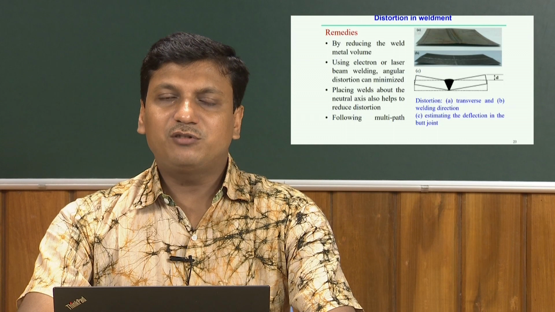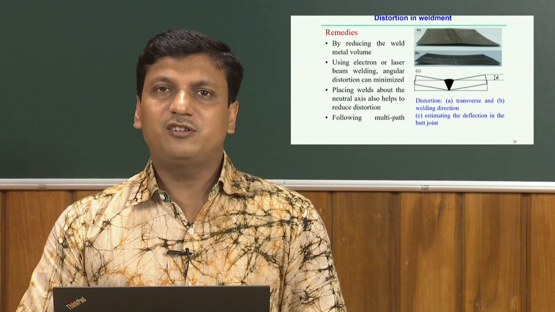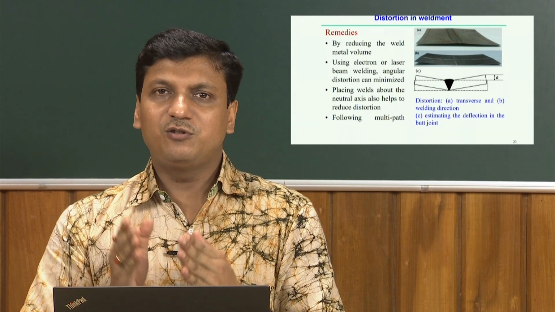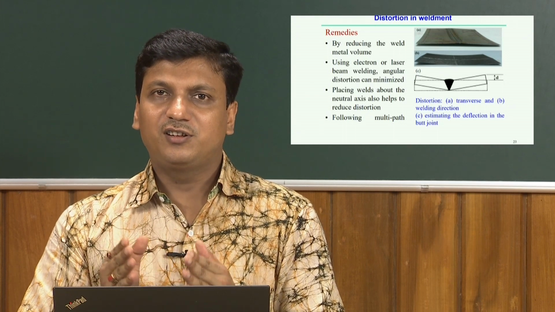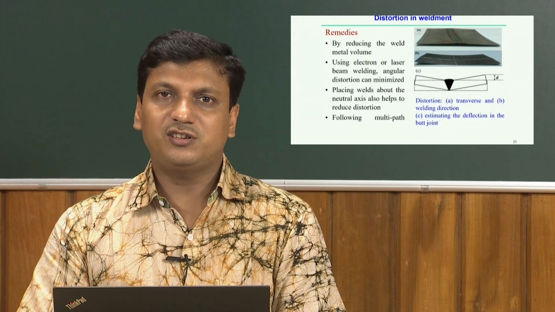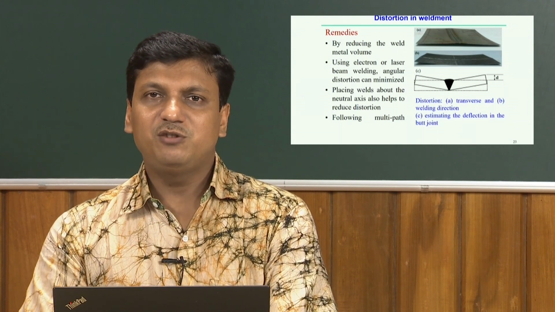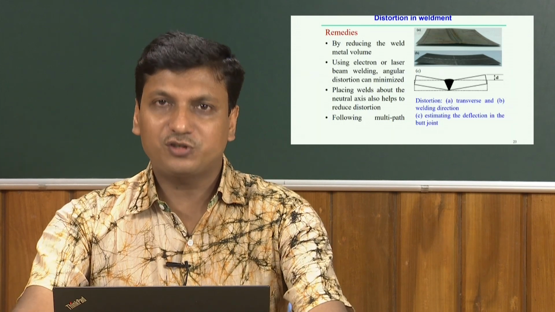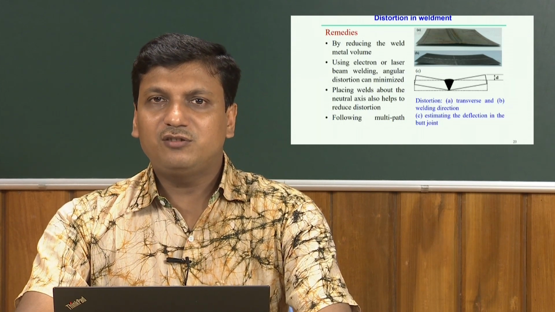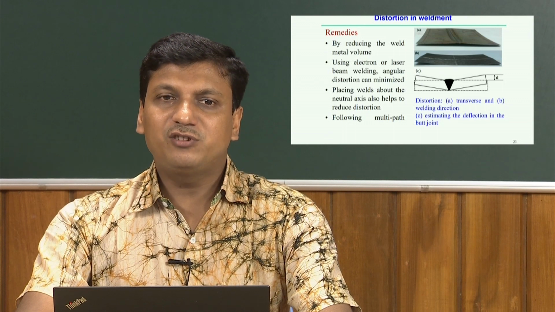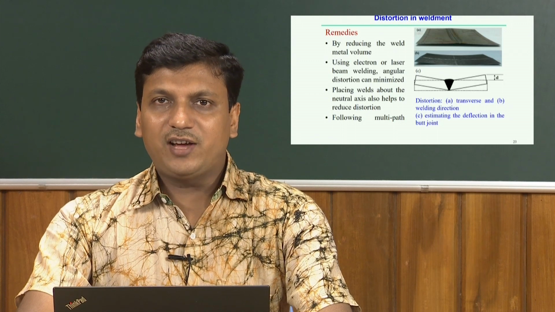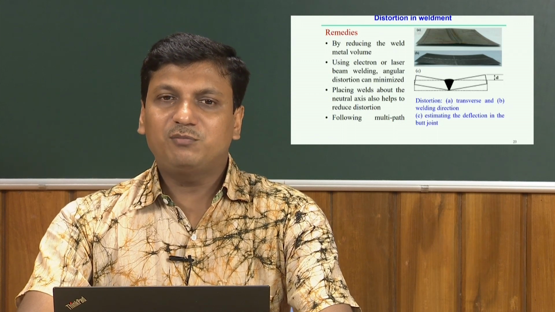Placing oil pool volume above the neutral axis, when you try to do a V joint kind of thing, the volume of the oil pool metal is not uniform throughout the depth of penetration structure; it varies from maximum to minimum point. So, with respect to that type of cross section, if it is possible to place an equilibrated amount of the oil pool volume with respect to the neutral axis, then probably the amount of the distortion